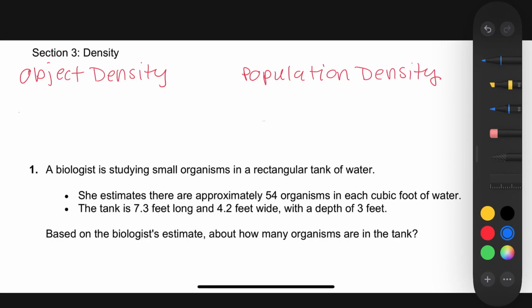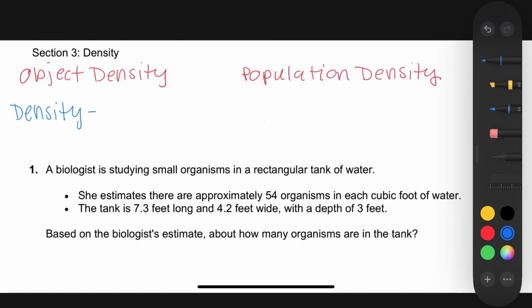All right, so the last few questions are going to be related to density, and there's going to be two different types of density that we're going to be talking about. The first is going to be an object's density. This is essentially how heavy an object is, or how much mass there is in a specific unit of volume. So an object's density is going to be